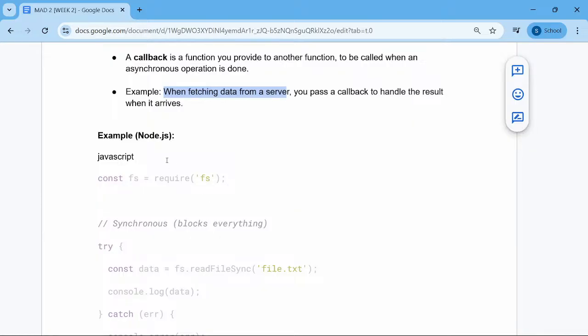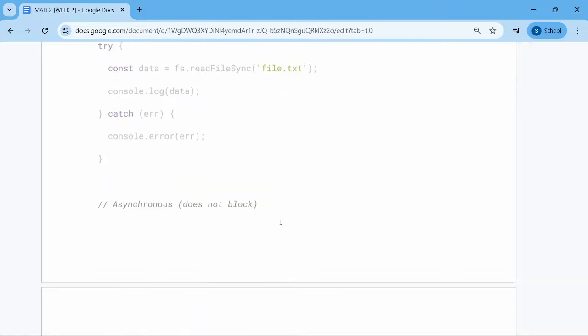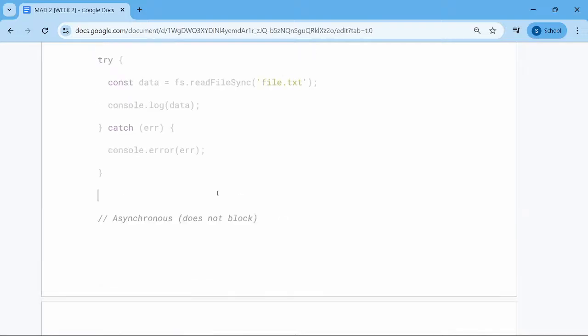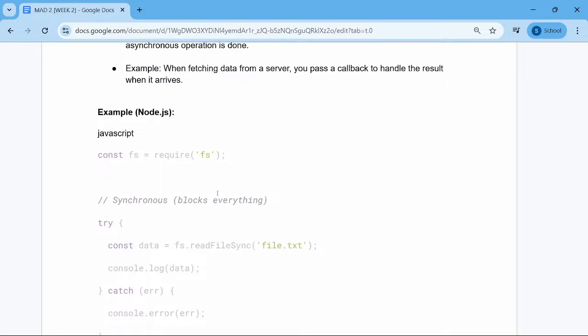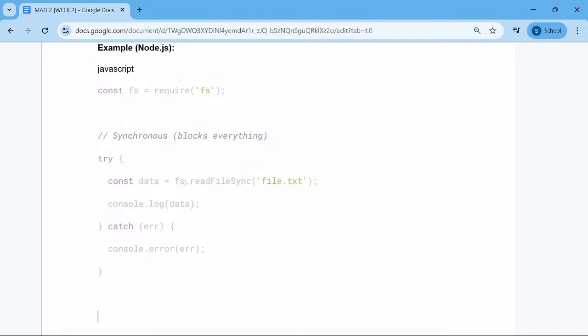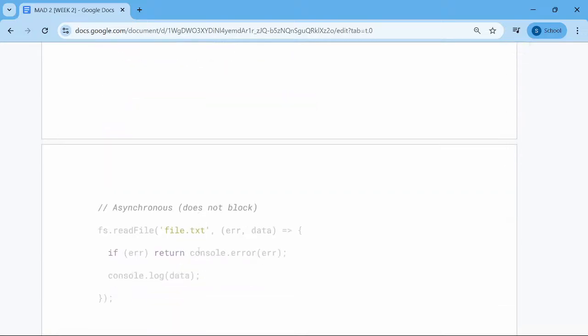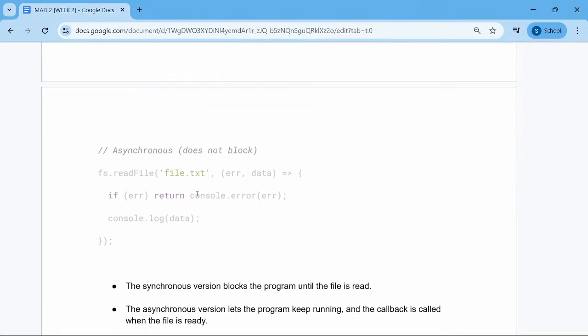All right. Then there's an example in Node.js. There are two types of code. One is synchronous, which blocks everything. So, try: it will fetch something from a txt file and then print it, and if there's an error, then the error function will run. However, in the asynchronous one,